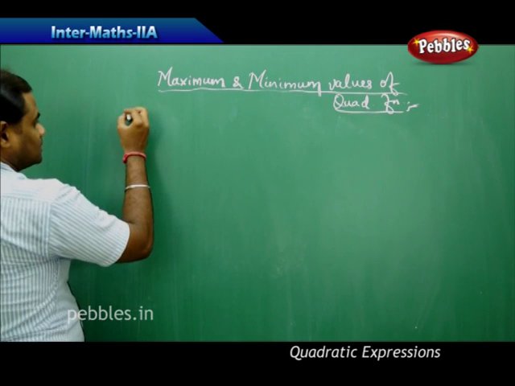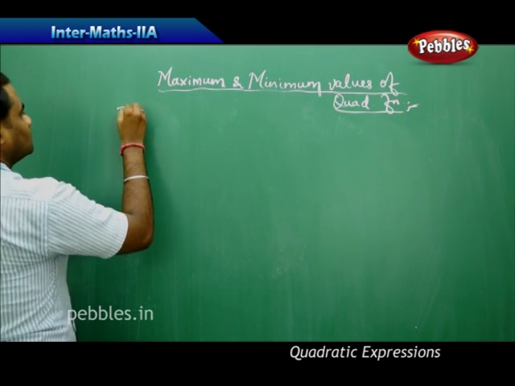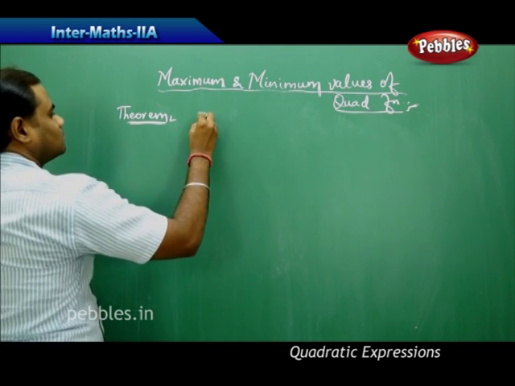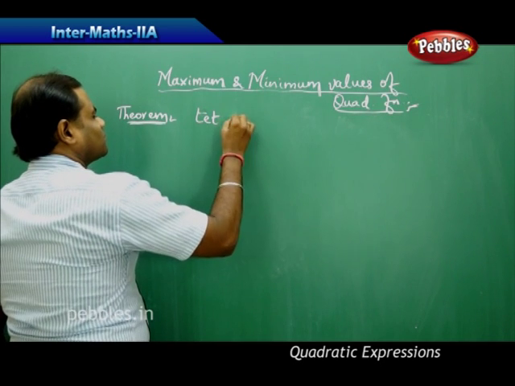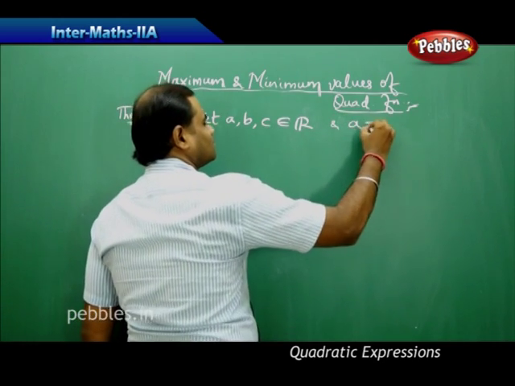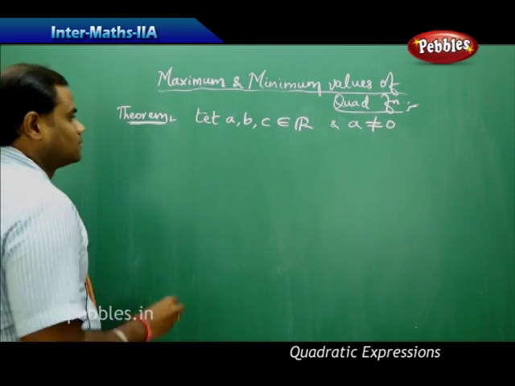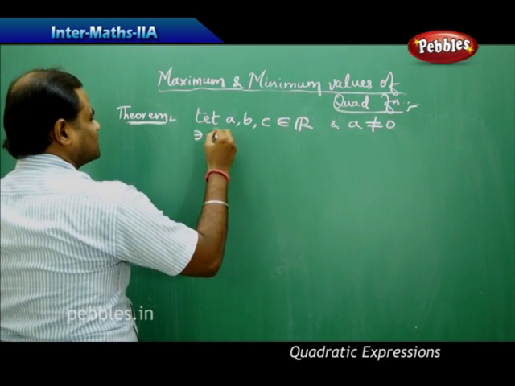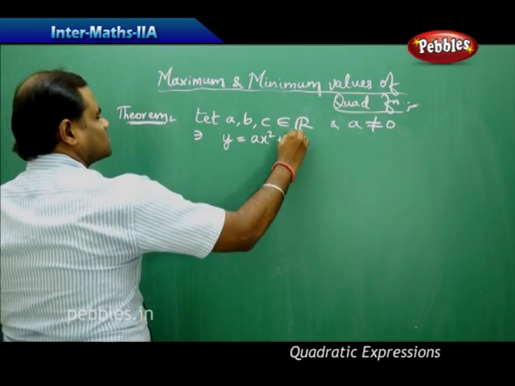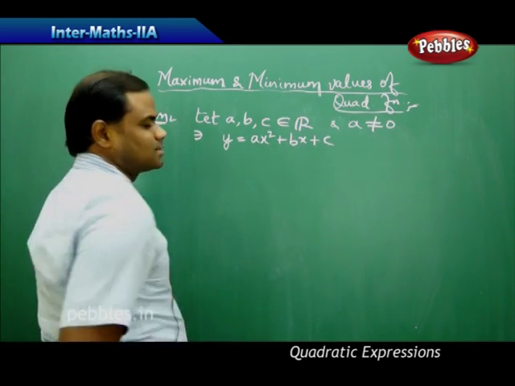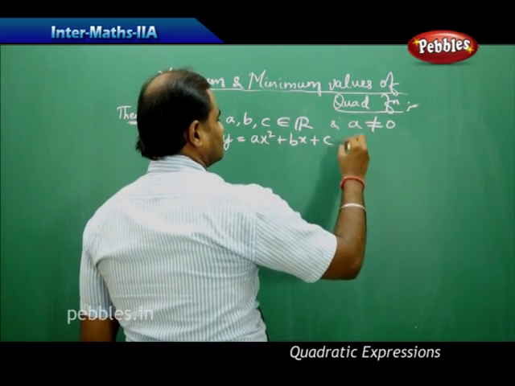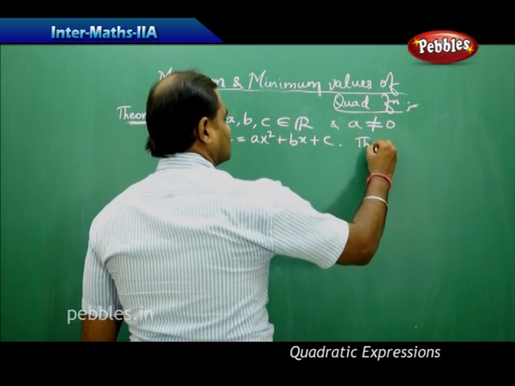The theorem states that there are three constant real coefficients, a not equal to 0, such that y equals ax squared plus bx plus c. Then